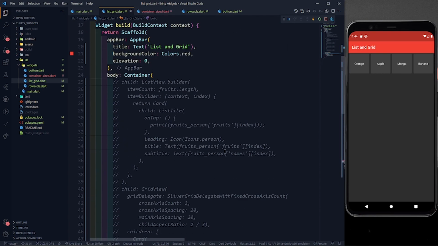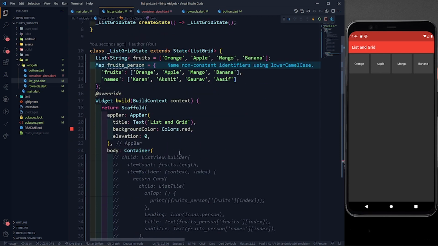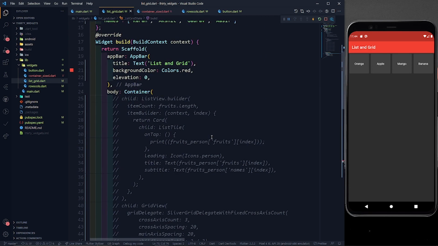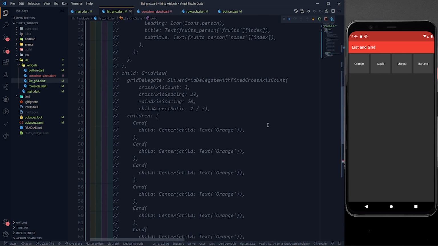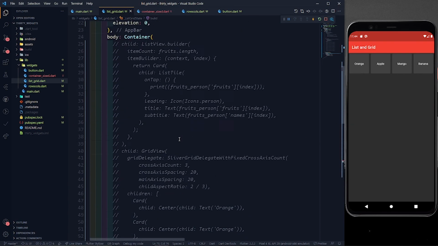So I hope you like this video, and you can now explore every parameter of this list tile and of this list view on pub.dev or any Flutter documentation, on the official documentation. And my motive was to give you just a simple idea of what is list view and